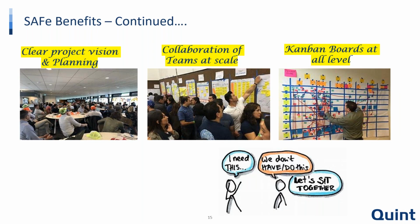Some of the other benefits. So this is definitely the real-time picture which I'm talking about here. The first one is the PI planning meeting. As I mentioned to you earlier, SAFe has one very unique meeting which they usually conduct after 8 weeks, or in some organizations after 10 weeks, which we call a PI planning meeting. It happens during the innovation and planning iteration, which is a 2-week iteration, where there is a 2-day window where